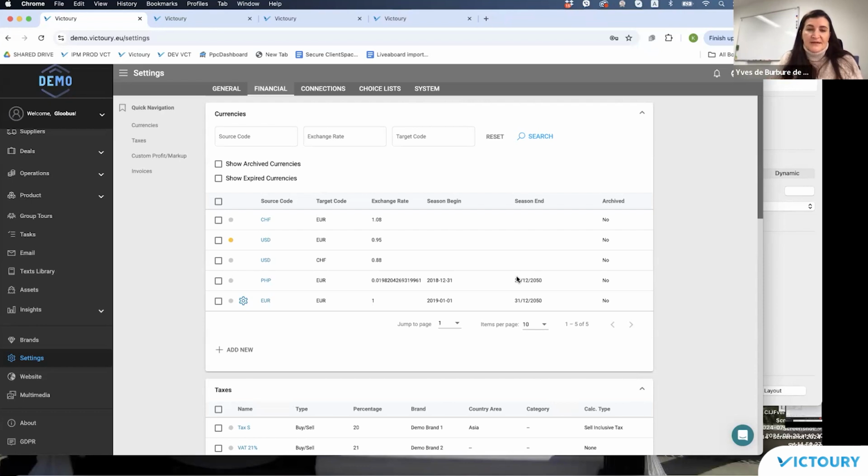For the retrieval of the prices that will be updated, the system only uses the source code, the target code and the exchange rate, meaning that it retrieves only those prices that are using this exchange rate in between those currencies, and will be updating only those prices, not to have an overload of updated prices which we won't even be using, only those prices where the season begin is earlier than the current date and the season end is in a later date. So it means only available prices, not prices that have expired.